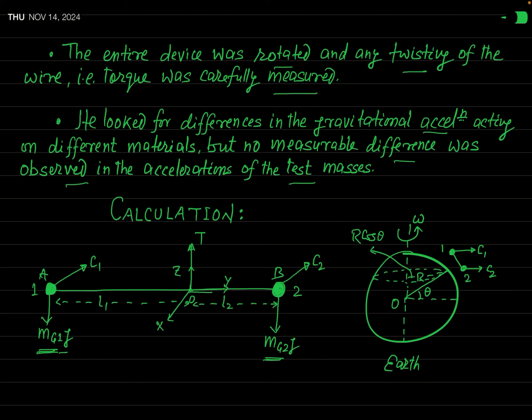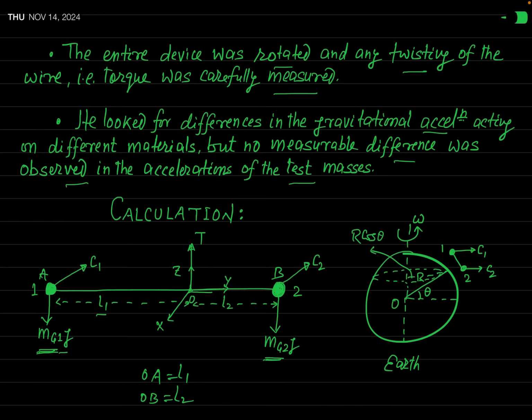We also consider that the first body is at a distance L1 from O, that is, OA is equal to L1 and OB is equal to L2. In general, if the masses of the two bodies are different, then L1 will be different from L2,